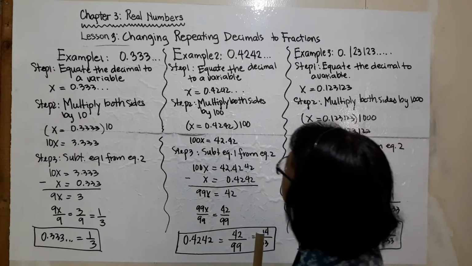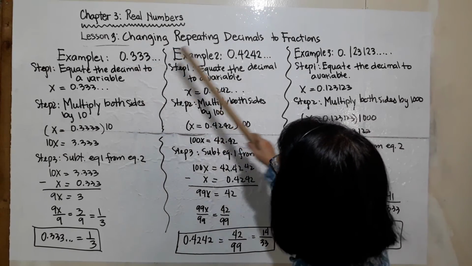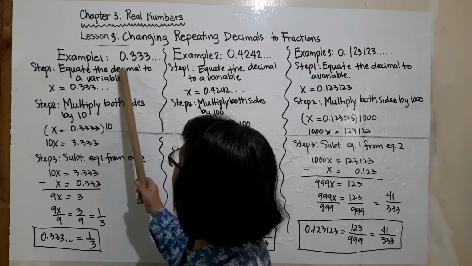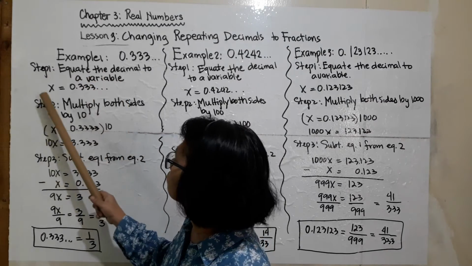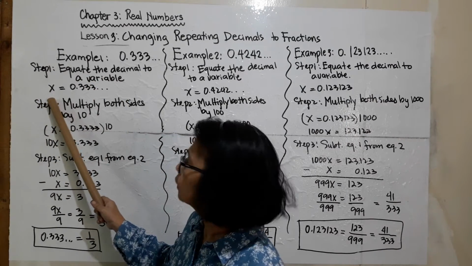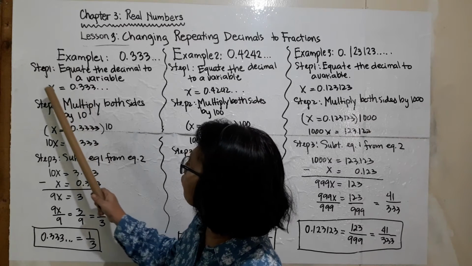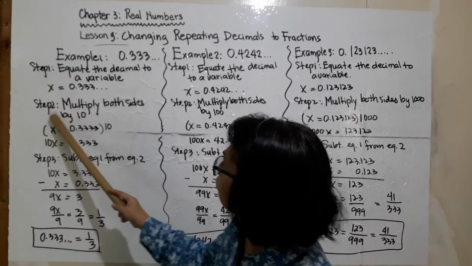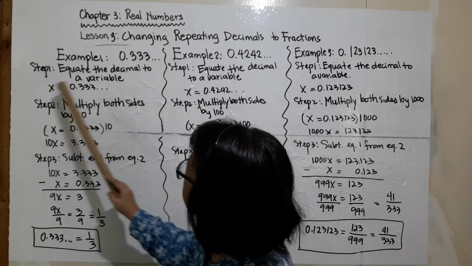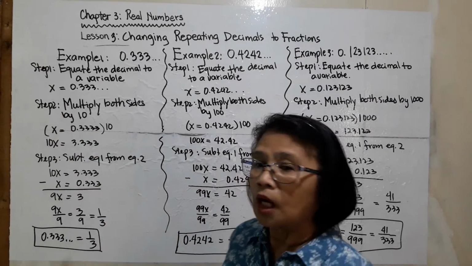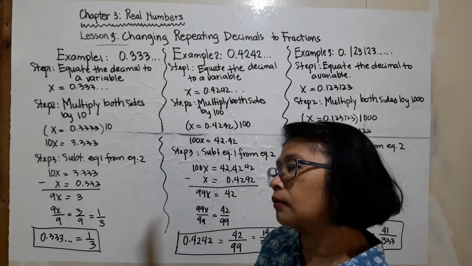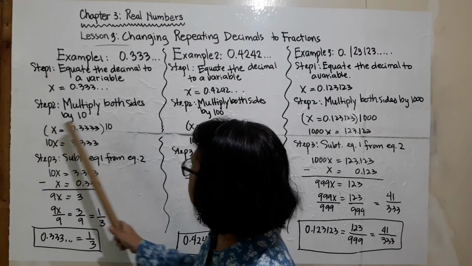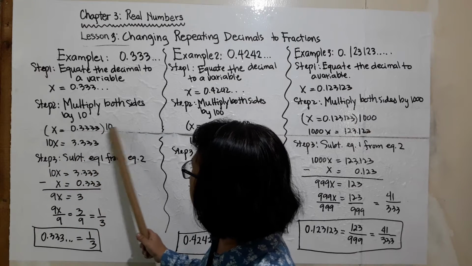How are we going to do this so that this repeating decimal can be changed to a fraction? Step 1, equate the decimal to a variable. I chose x for the variable. I equated the decimal to the variable x. So we now have equation 1. Step 2, multiply both sides of the equation in step 1 by 10. Why by 10? Because there is only one digit that keeps on repeating. So by 10, x times 10 is 10x. 10 times